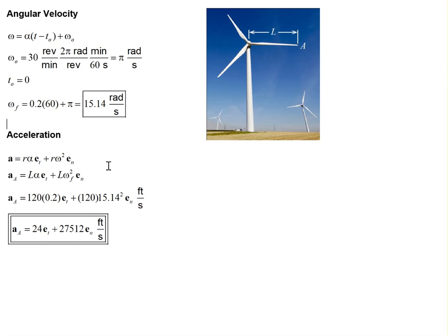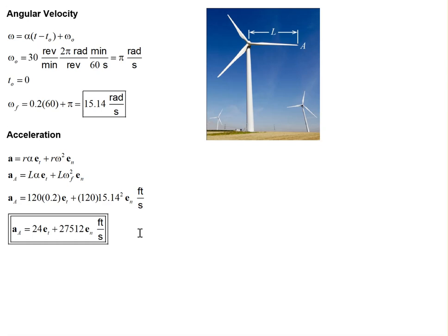All right, then I'm going to use the linear fixed point acceleration equation that states that the acceleration has a tangential and a normal component. And the r in this equation is the length from the fixed point to the point that you're considering. And that, in this case, would be L. So I'm going to put that in there. And we know all of these quantities now, so we just plug in